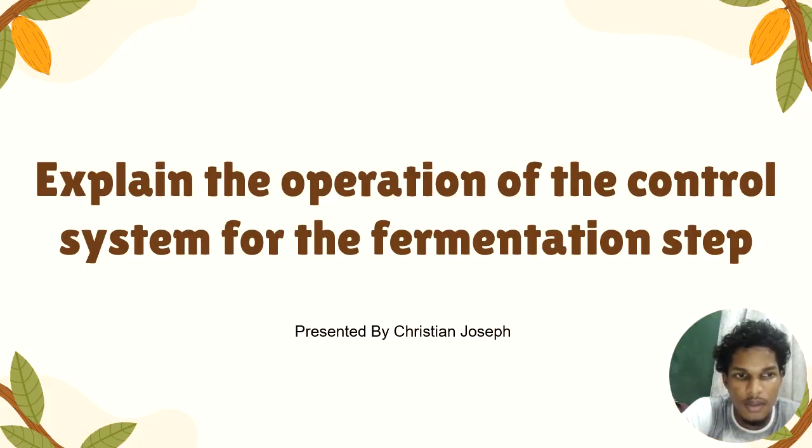Explain the operation of the control system for the fermentation step. During the fermentation stage, the control system treats each of the 3 fermentation boxes as an individual timed batch. The number of boxes is chosen so that the total capacity matches the throughput, while each batch remains small enough for efficient, well-controlled fermentation. Once a box is filled with wet beans, the PLC starts a fermentation timer and continuously